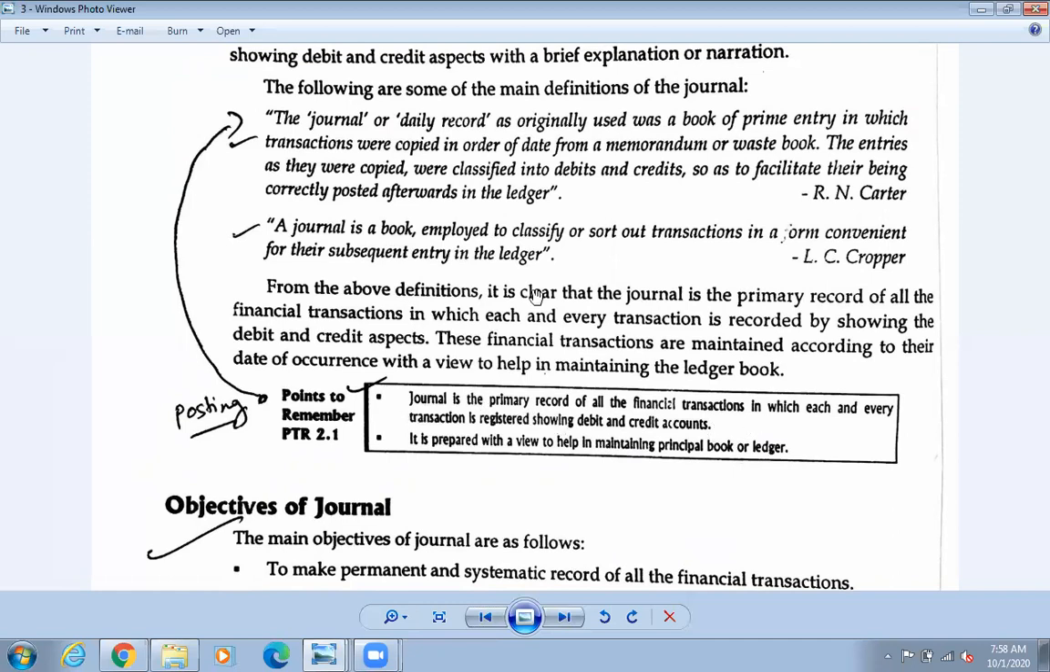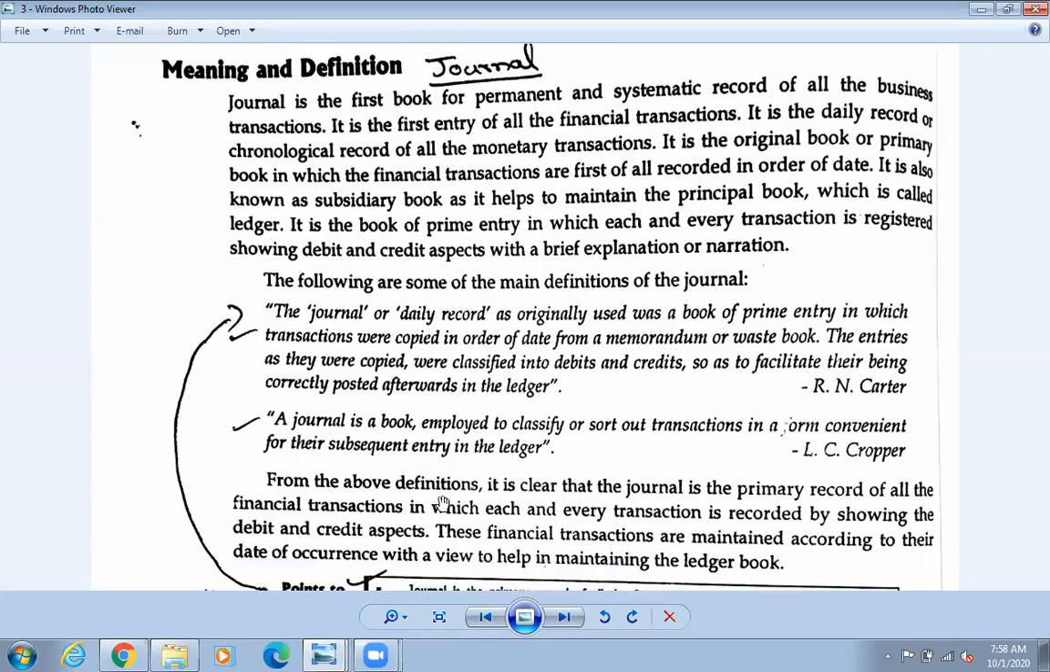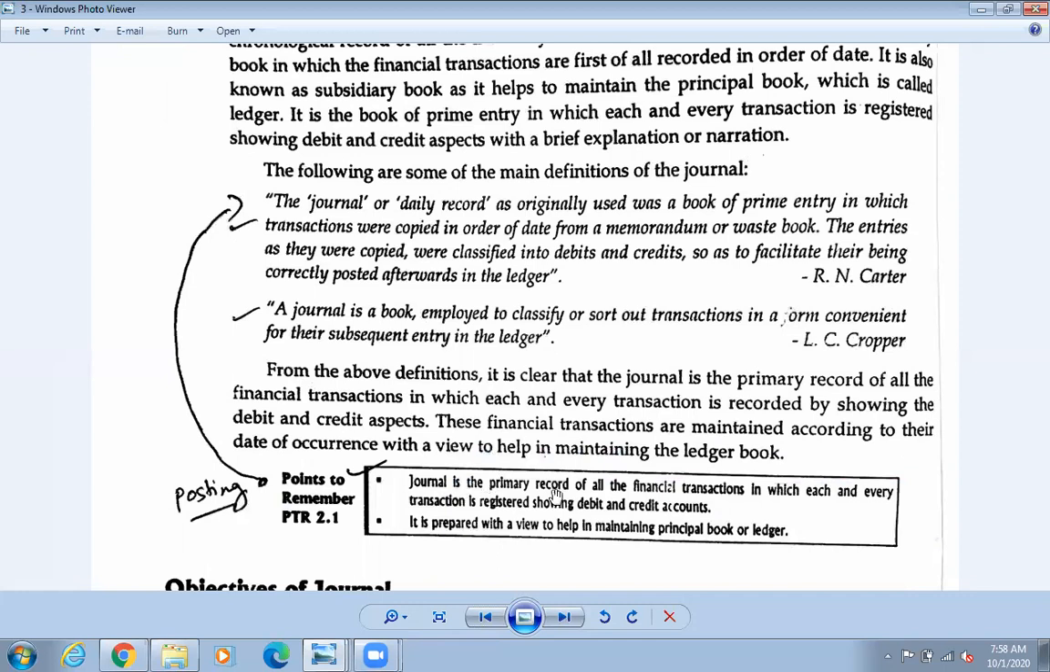So what you can do is make your own question. What is journal? Then after that, first of all, write this definition. The journal is this. After the full stop, in the next line,